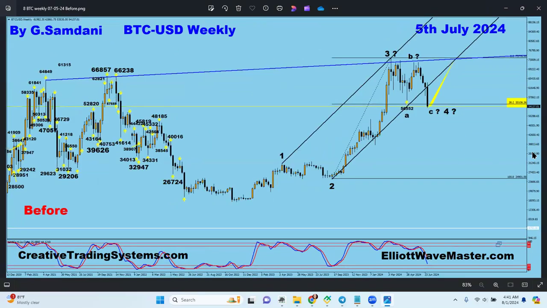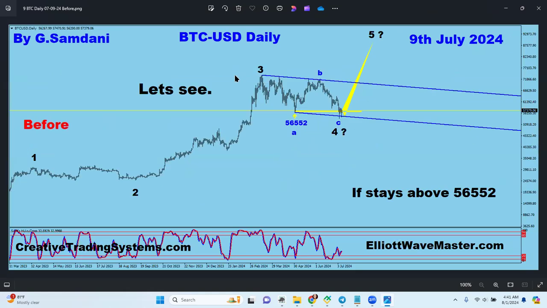So on a daily chart, you can see that I open up a little bit here. I want to see a clearer wave four, all of that, right? So here we have three, A, B, C, we have four. I didn't mark highs or lows. I have other charts marked on that, but I kept this one clean so that people can understand what is about to happen. So we have five, I'm pointing there, but obviously we don't go in a straight line.